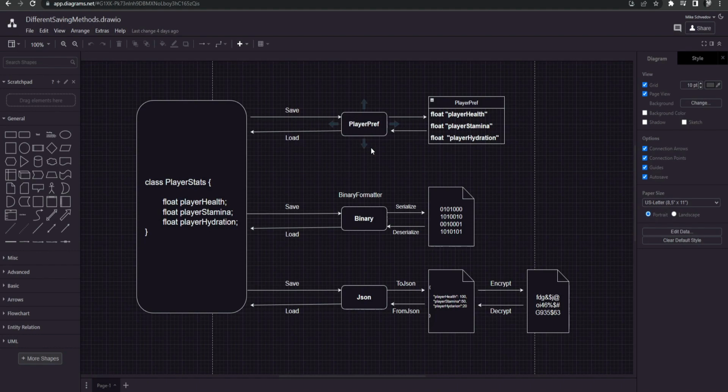For example, our settings menu, right? We want to save the volume, we want to save the resolution, we want to save all of these things. So usually we use the PlayerPref for that. We are not going to use PlayerPref to save the entire data of the game because that's not the way it's done. Of course, if you have a very small game, as I told you before, with a high score